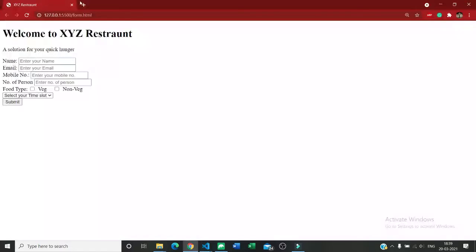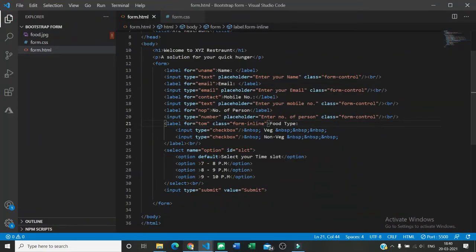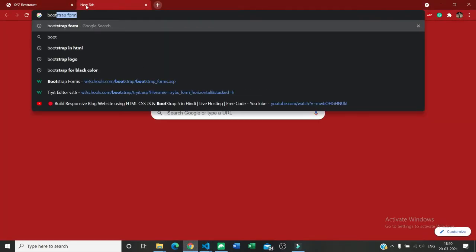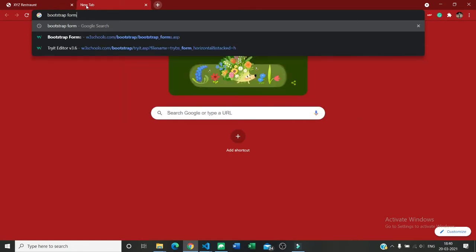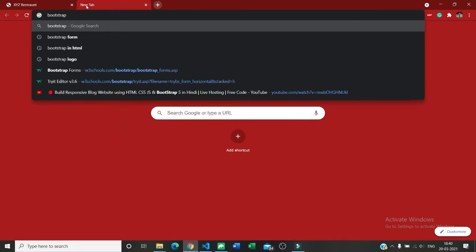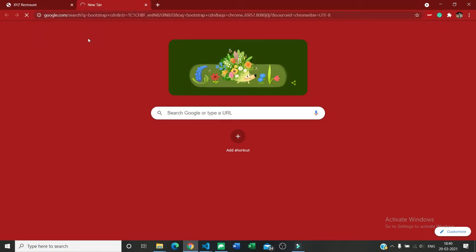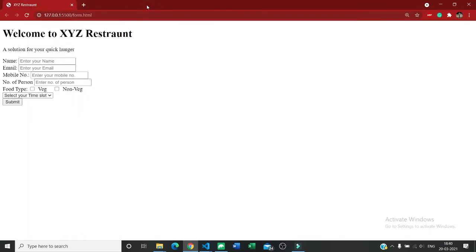If I use this or that, there is not much change, although if you want Bootstrap you can go with the Bootstrap CDN, and there you can find the exact link.